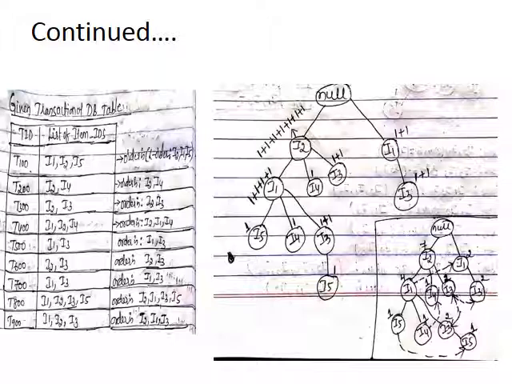Then T400, the items are I1, I2, I4, and the order is I2, I1, I4. I2 is already there, so increase the count. I1 is already there, so increase the count. Then for I4, draw one more node from I1 and put 1 for I4, because I4 occurred one time under that T400 transaction and is derived from I1. We increase the count of I1 and the count of I2 along that path.